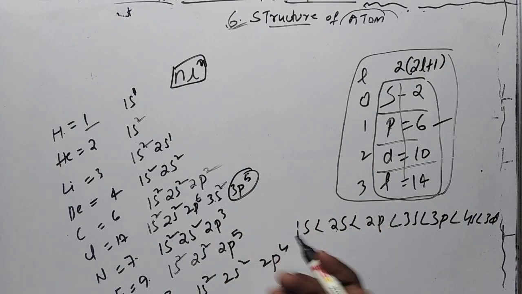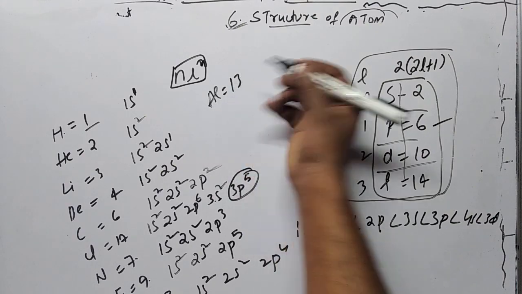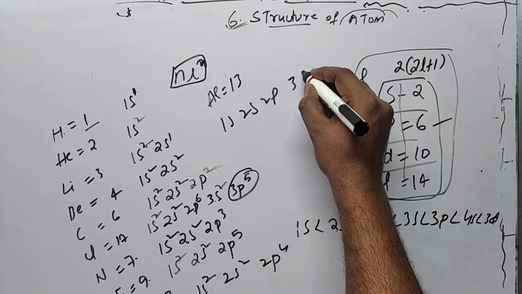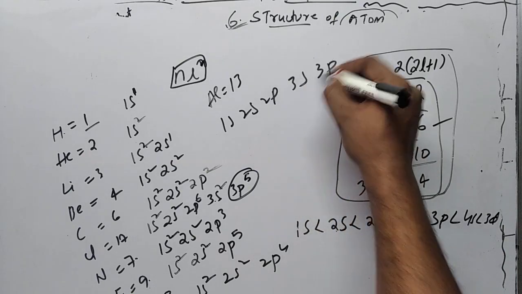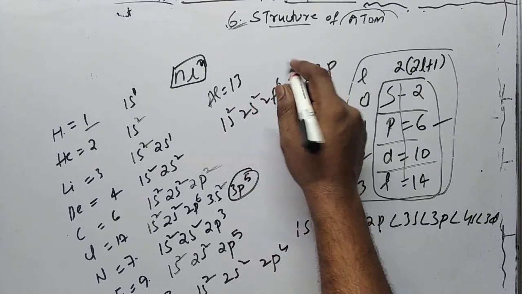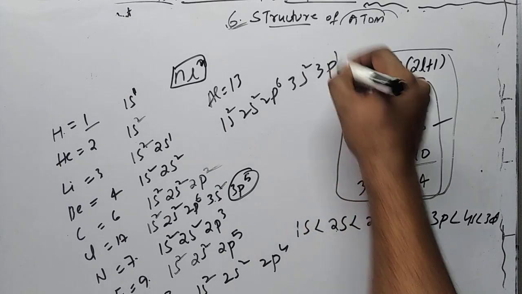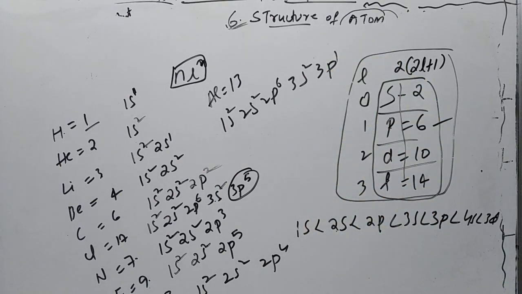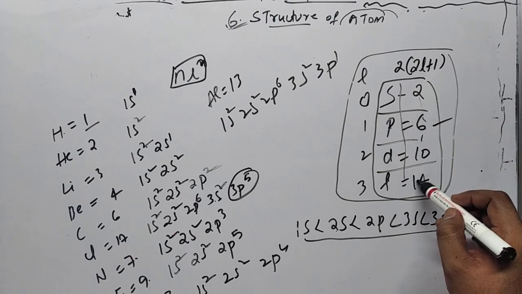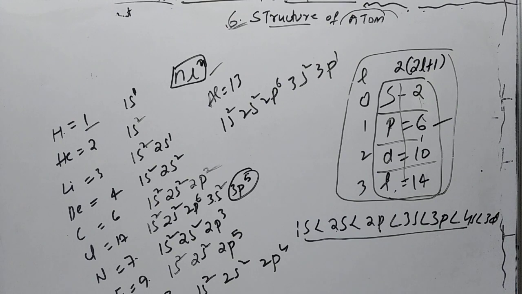So simple. If you want to write the electronic configuration of any element, suppose aluminum, 13, write this order: 1s, 2s, 2p, 3s, 3p. Now you just fill. In s we can fill 2, in p 6, so 10 is over, plus 2 is 12, plus 1 is 13. Simple. So we should know the order, and also the number of electrons in the orbitals. If you know these two things, then we can write the electronic configuration with the help of this method.